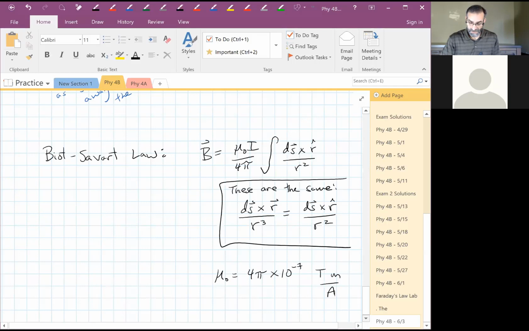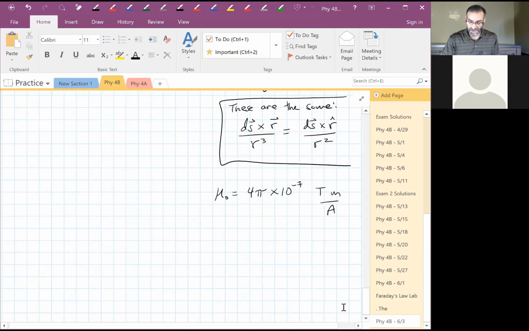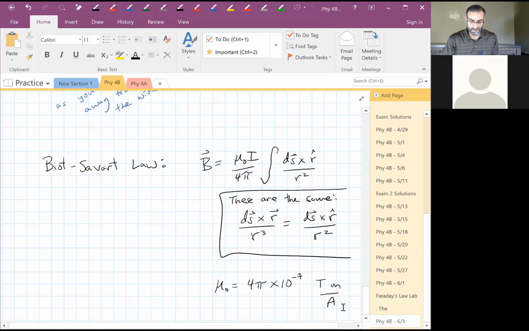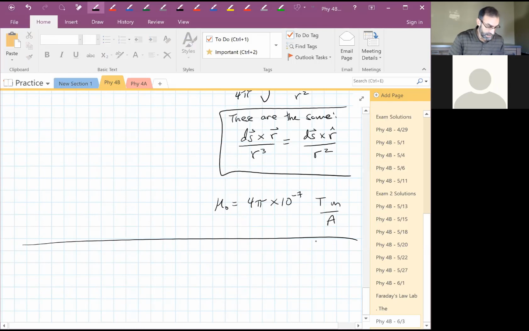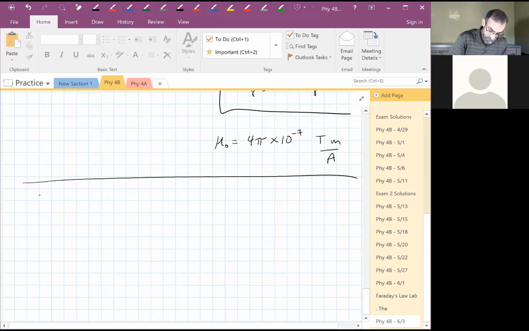Okay, let's move on. So this equation looks a little scary at first, but its bark is worse than its bite. It's not too bad. Let's just walk through it and see how we use it. We'll start out with a straight line. Let's make it an infinite